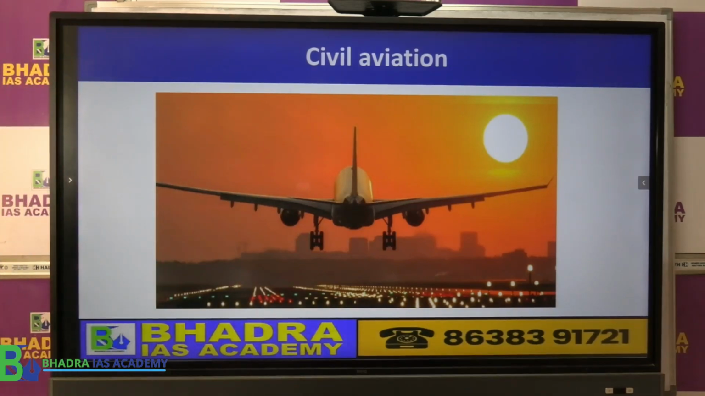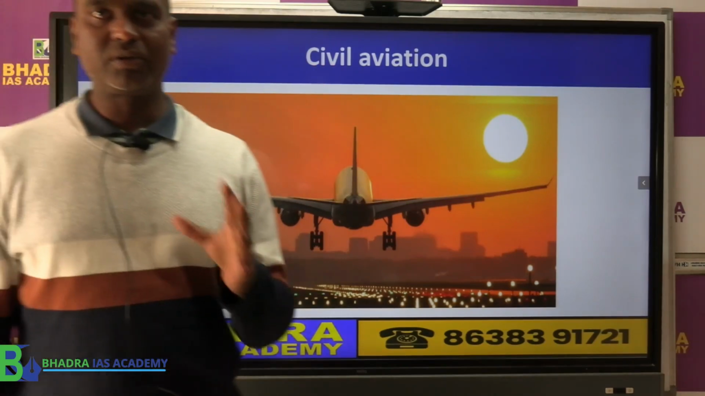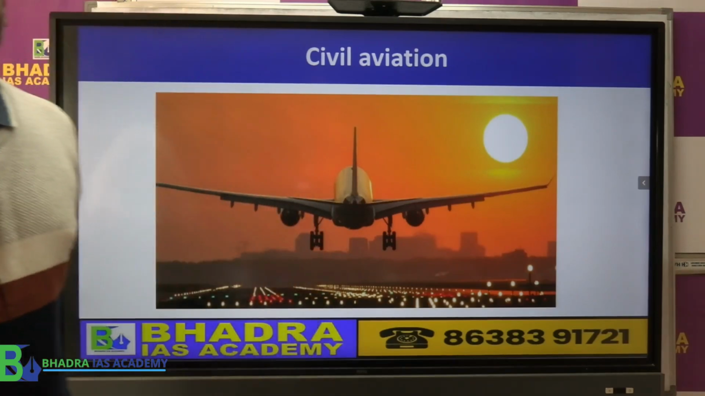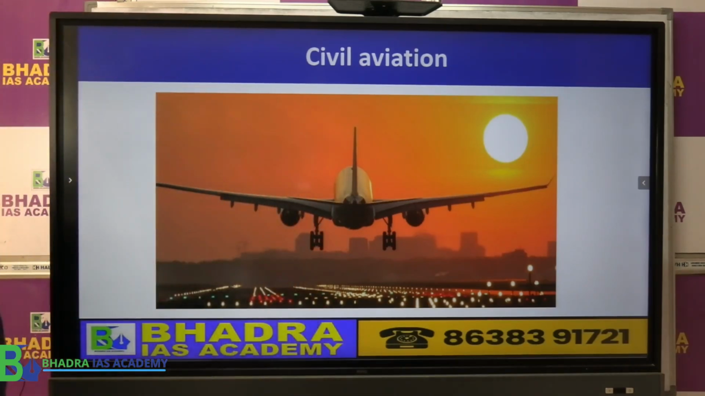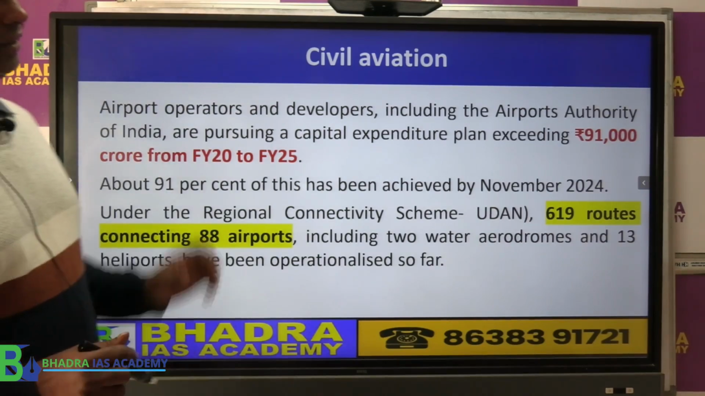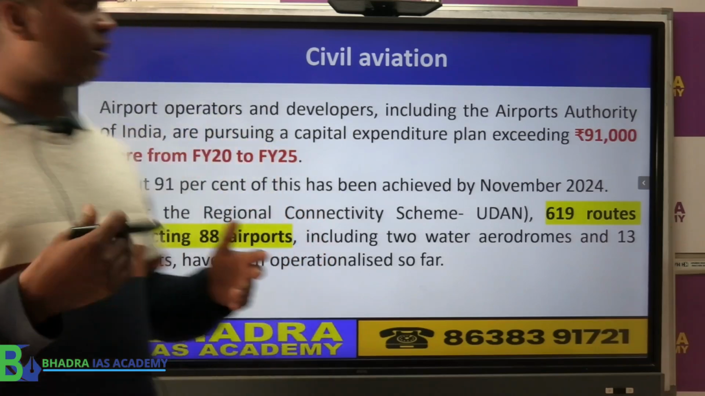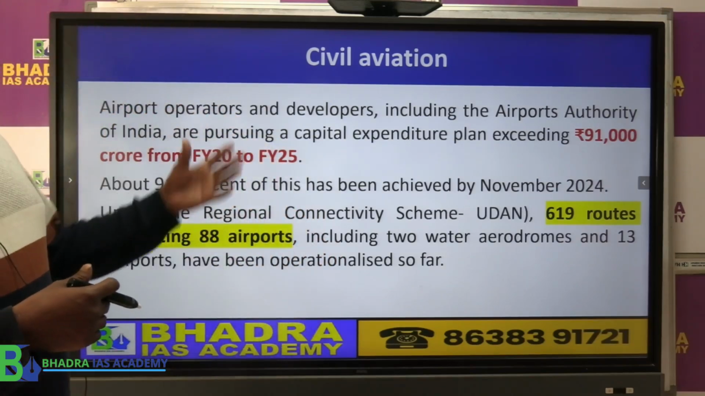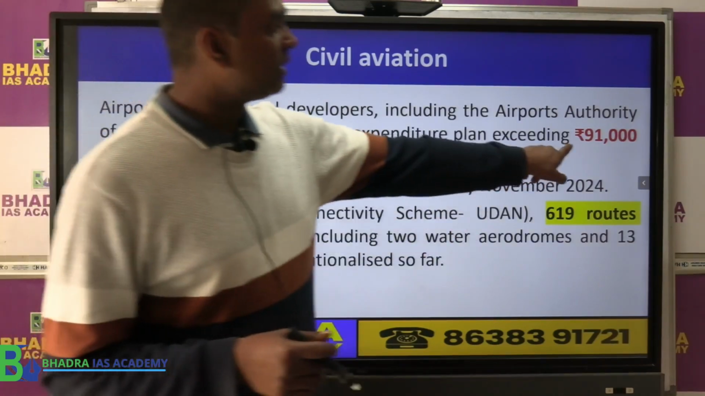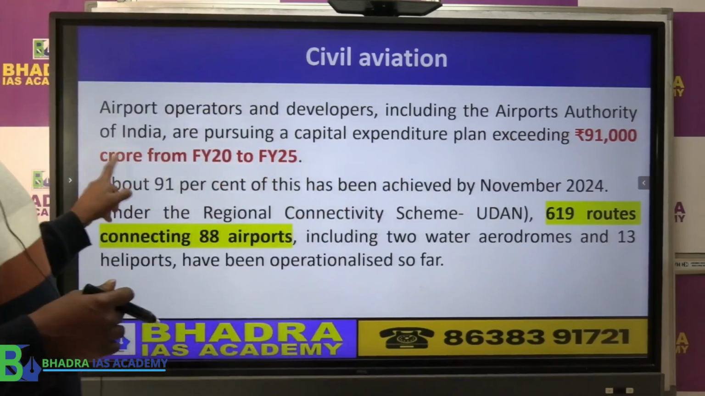The next sector highlighted in the economic survey is airport and air connectivity, what we call civil aviation in India. Not much information is given, hardly one or two pages in the economic survey. Now what is the main thing the government is trying to say? The Airport Authority, along with private sector operators and developers, wanted to make an investment of more than 91,000 crore,